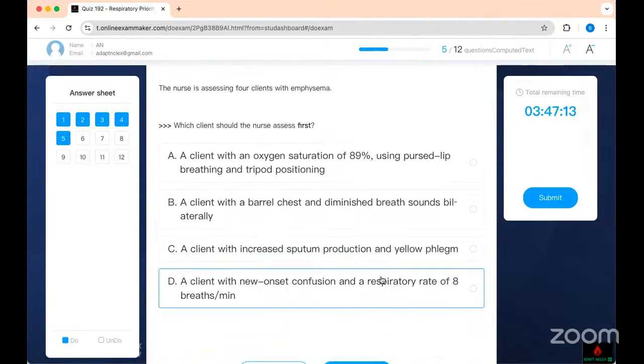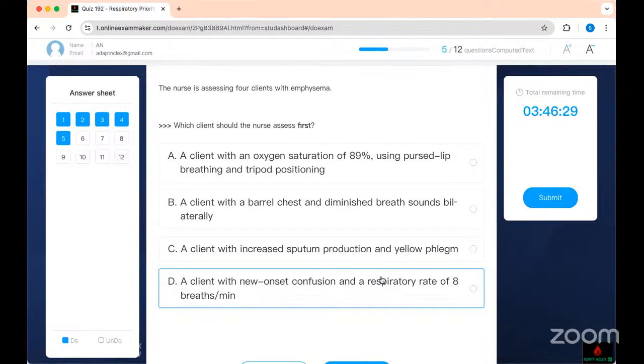Who should the nurse assess first? But what is the problem? All of them have emphysema. What conditions or findings in emphysema, when you see it, you should know it's trouble. So look at the 4 of them, all have emphysema. Client with oxygen saturation of 89, is using pursed-lip breathing, is in a tripod position. Should this emphysema patient worry you? His SAT is 89. Is using pursed-lip breathing to breathe and is in tripod position. 2. His emphysema, he has barrel chest and he has diminished breath sounds bilaterally on both sides of the lung,